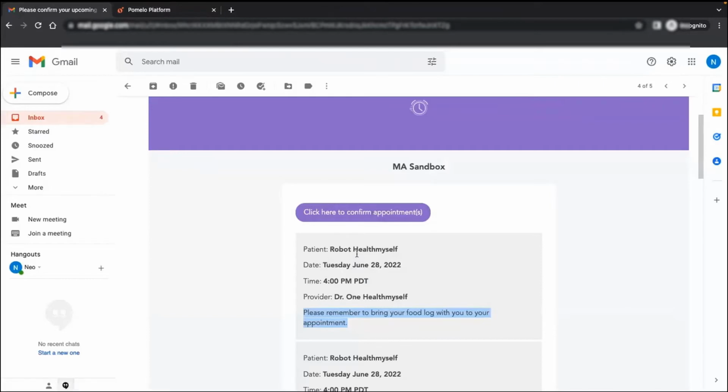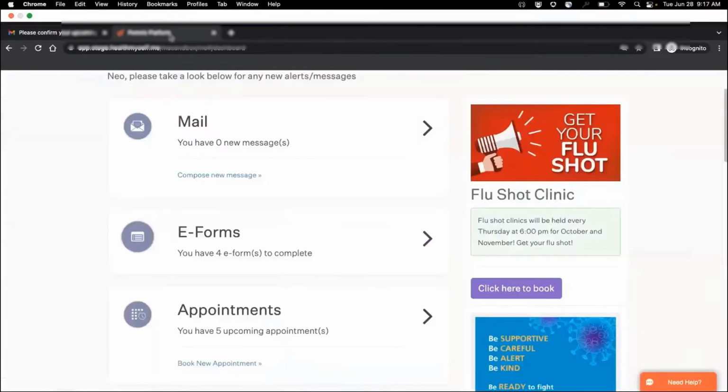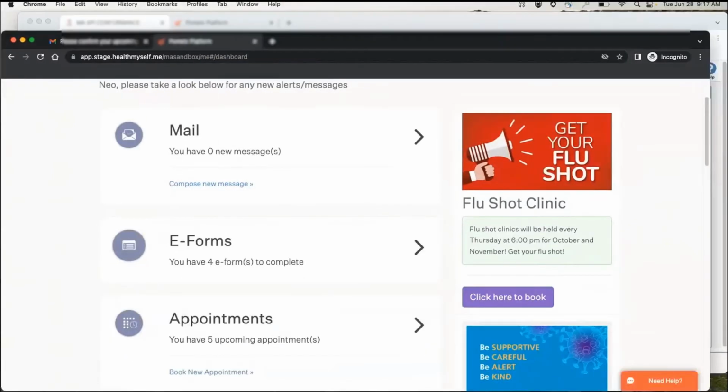So that's it in regards to reminders. Next up, we have private messaging. So again, as you can imagine, throughout the pandemic and just even in general, the ability for clinics to communicate with their patients through private messaging as opposed to having to call anytime there's a question is super useful. It helps patients feel a little bit more autonomous with their care, more engaged, and really helps save valuable time